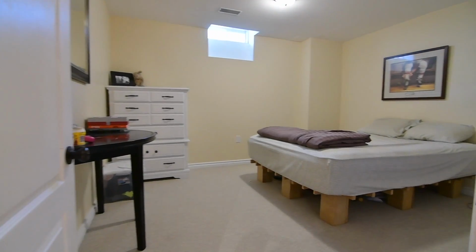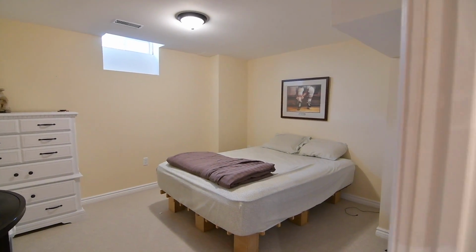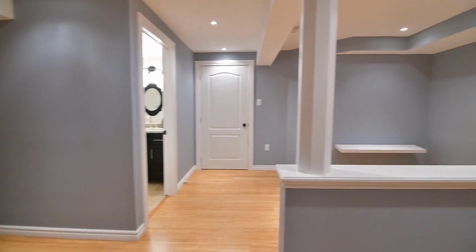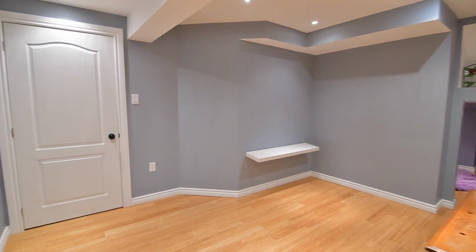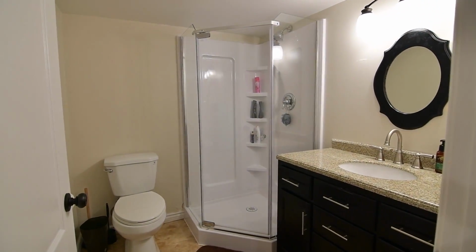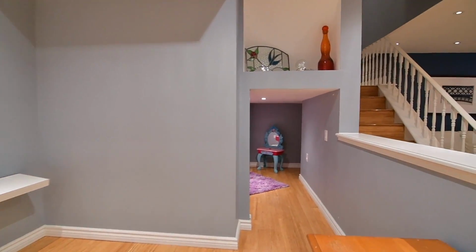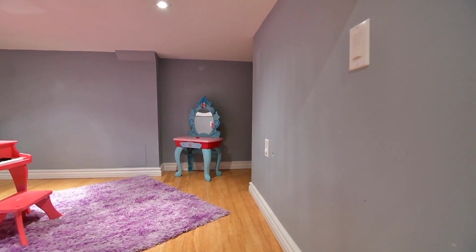a bright and spacious bedroom with cozy carpeting, a niche space ideal for an office or study area, a large storage room, a 3-piece washroom with stone-tiled floor, a glass shower, and a granite-topped furniture-style vanity, and a half wall separating the family room from a space ideal as a games room or kids play area, complete with a crawl space playroom that has additional under the staircase